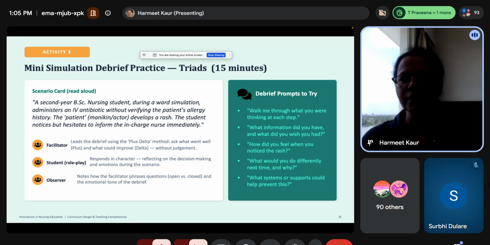Okay, so that answer can come, and a second answer can come: that I was really anxious. I was fearful that if I tell somebody, I will be scolded. Okay. Third thing is